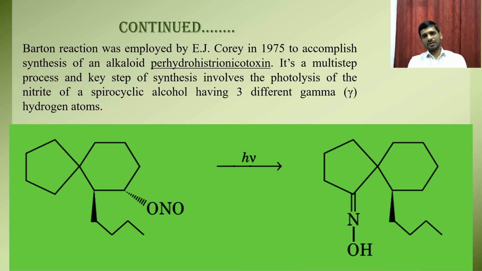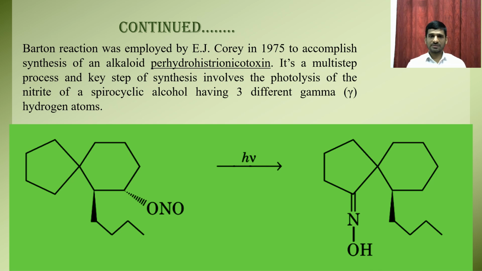Now another important application of Barton reaction is in the synthesis of alkaloids. Sir Derek Barton discovered Barton reaction in 1960. After 15 years of his discovery, in 1975, a scientist named E.J. Corey utilized Barton reaction in the synthesis of an alkaloid which is called perhydrohistrionicotoxin. The synthesis of this alkaloid is very complicated and it is a multi-step process, and the key step of